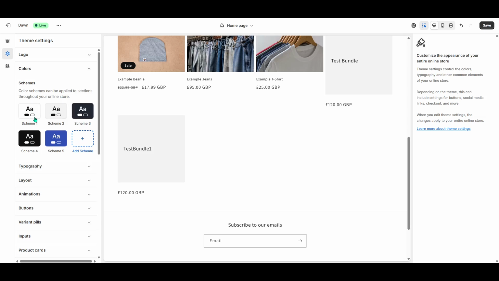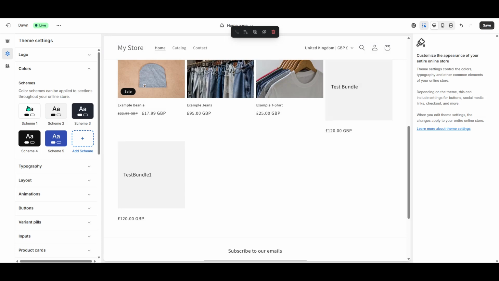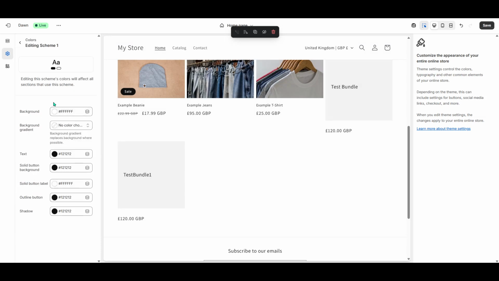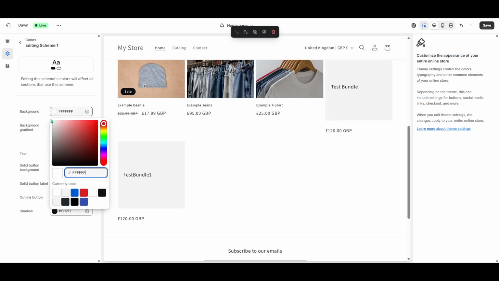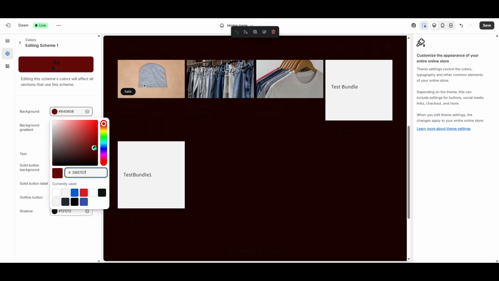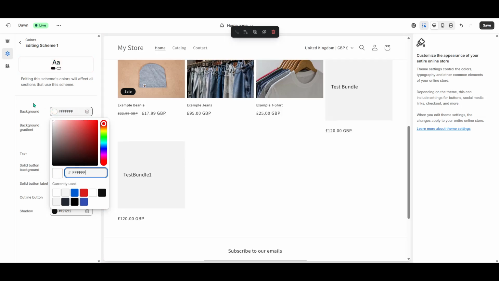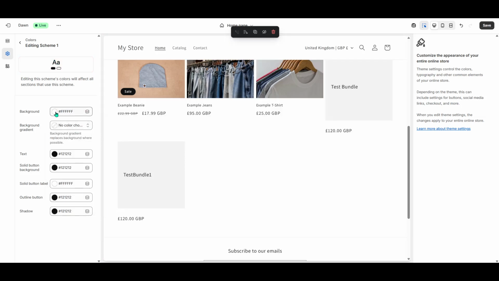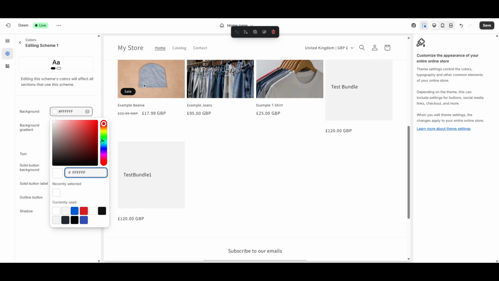At this point, you should be seeing a variety of options related to your store's color scheme. Typically, the background color will appear as one of the first settings available, since it's a basic yet essential aspect of your site's design. This is your opportunity to experiment a little. You may want to refer to your brand's color scheme if you have one, but you can also opt for something new and eye-catching. Once you've decided on a color, simply select it.